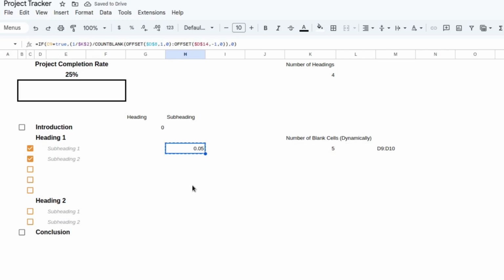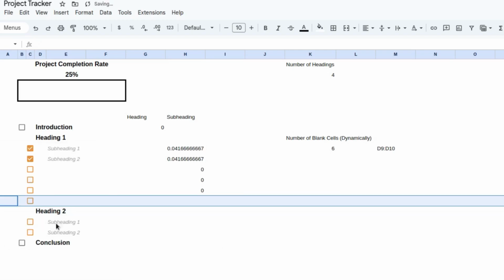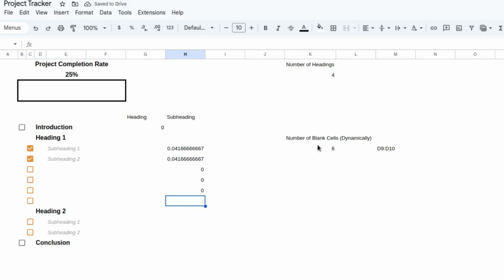Now, if I copy this and paste it here, now it's going to find the calculation and display it here. However, we have another problem. If I add another row below, it's now going to find the number of blank cells dynamically, but it is not copying the formula here. So what we can do, let's first delete those formulas in those cells, and we are going to add an